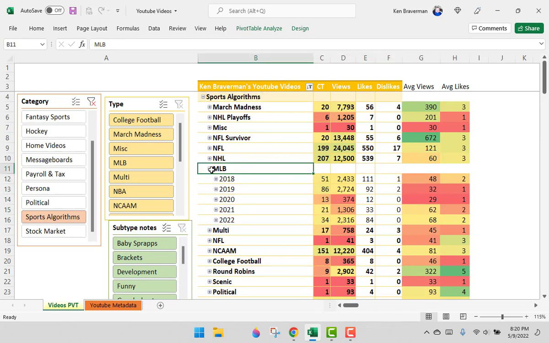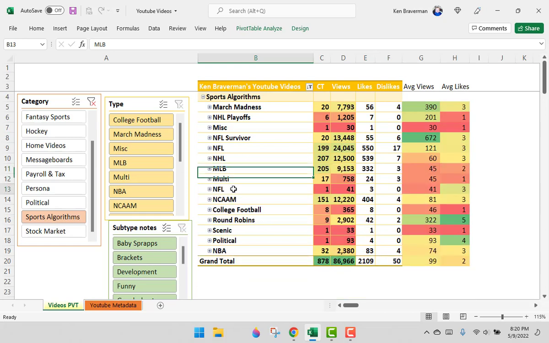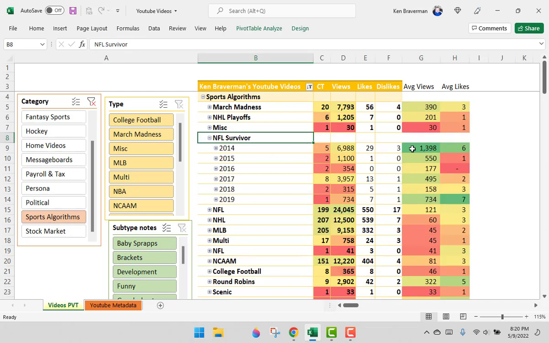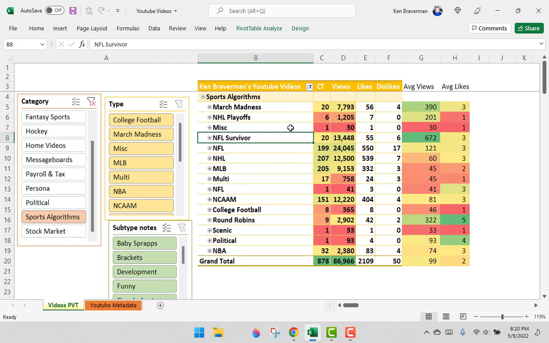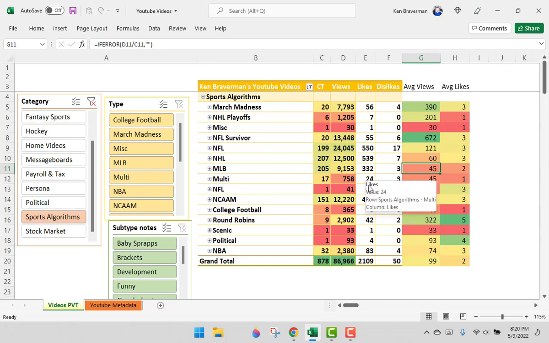What are we seeing when we look at these sports? You can see that some of these need to be combined together. Need to work on some of the categories. But what I'm seeing here is that NFL Survivor Pool videos used to do pretty good back in the day. There we have 672 views, with some thousands views here, right? But other algorithm videos and picks and stuff like that, they really haven't done very well. You can see how bad MLB is doing. 205 videos in MLB, they're only getting 45 views a video,